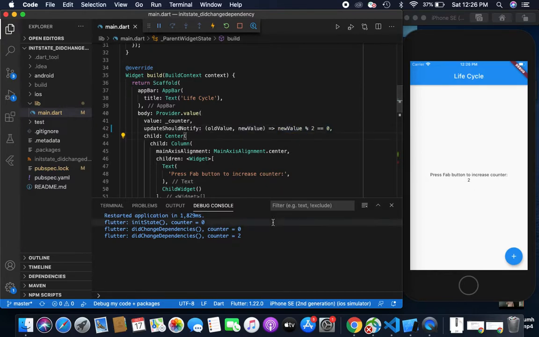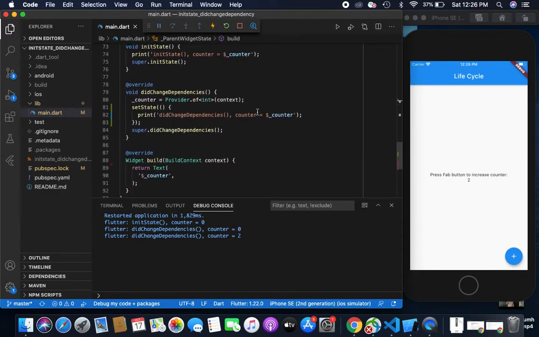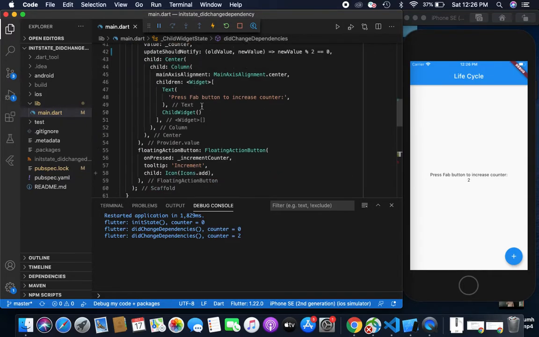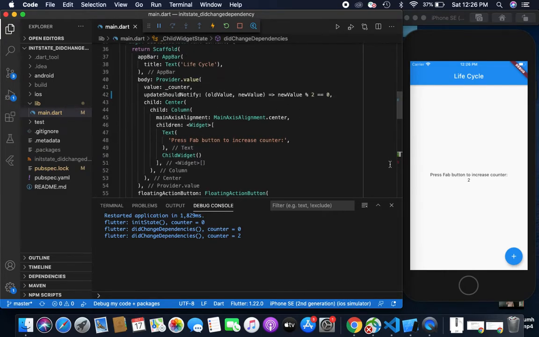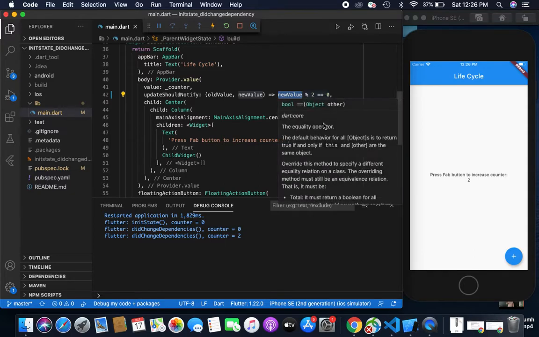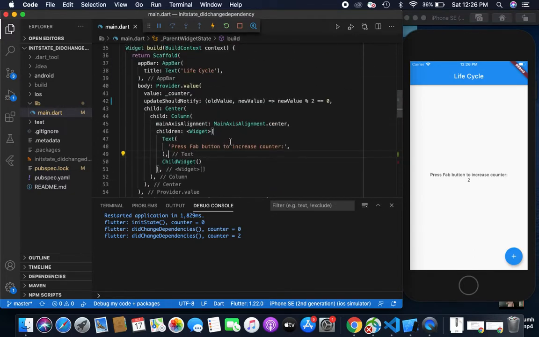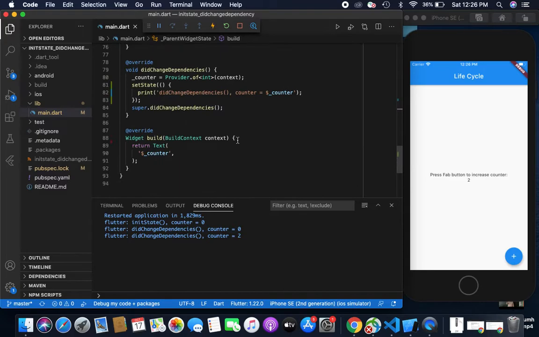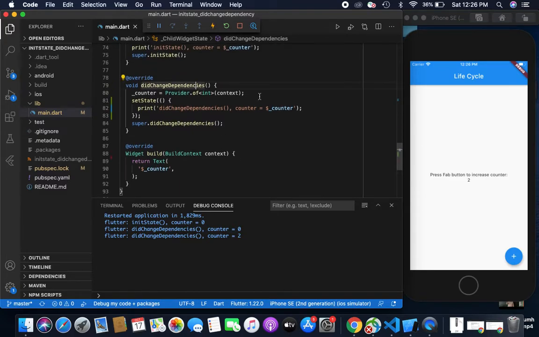That means you are not going to receive the didChangeDependencies log here; your method will not get called. Once you press your FAB button again, the value becomes 2, and 2 mod 2 equals 0. So your state changed, and your didChangeDependencies method will get called.